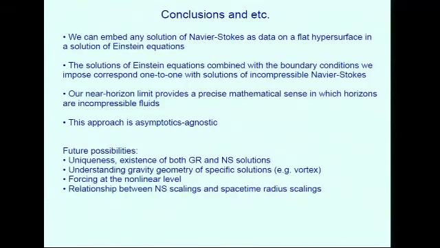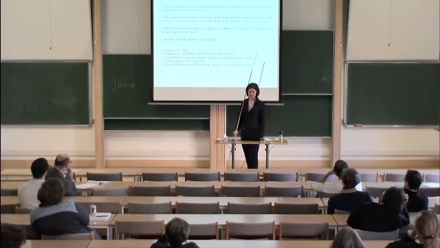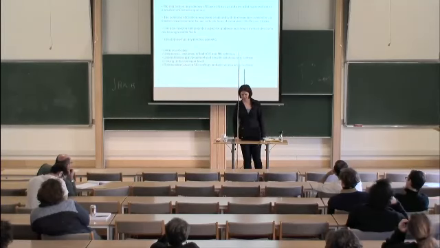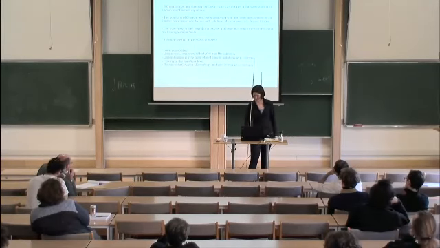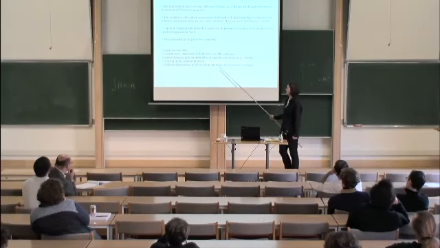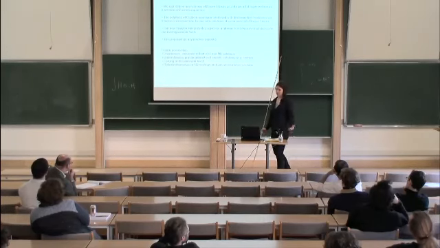Some things that we've thought about working on and variously picked up over the past year, on and off. One is, you might ask, can I understand the gravity geometry for a particular solution? For example, there are exact vortex solutions that one can write down for Navier-Stokes. It'd be nice to understand the gravity object that's equivalent to those. This is a hard problem for reasons I'm not going to mention right now, but if any of you are interested, we can talk about it again later. Essentially, the difficulty is that a lot of the vortices are singular, and we're not very good at modeling those kinds of solutions. We might want to try forcing at the nonlinear level to make that solution actually make some sense.